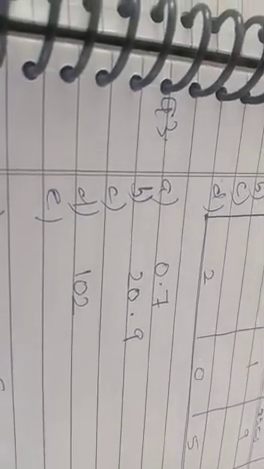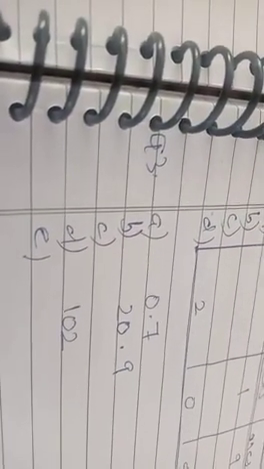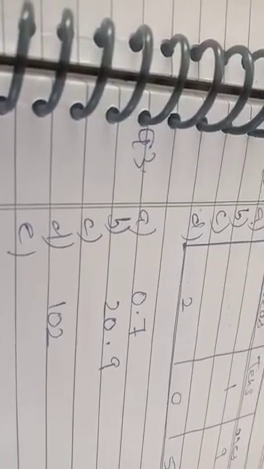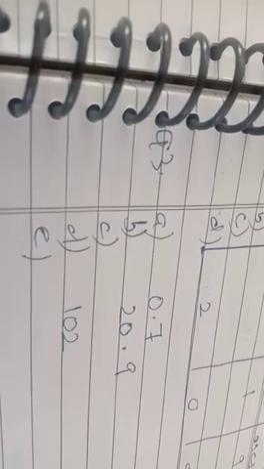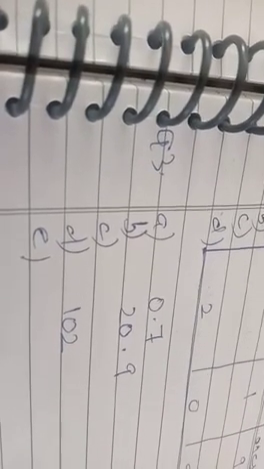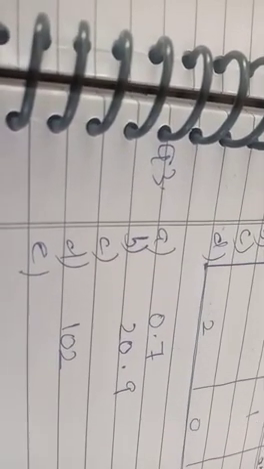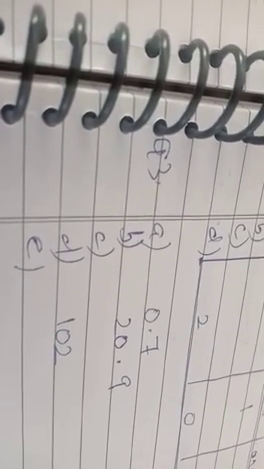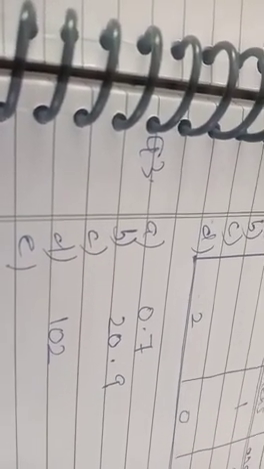Next we have the third question. We have to write each of the following as decimals. First part is 7/10. You have to write the numbers in decimals. 7/10 means you can write it as 0.7. Similarly, B part, 2/10 and 9/10. 2/10 means 2 is in tens place, and 9/10 means 9 is in tenths place. We don't have any number in ones place, so we will write 0 over there.